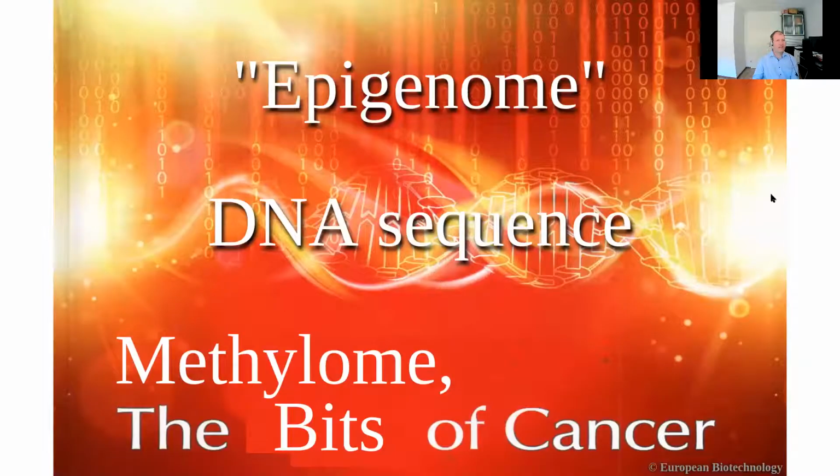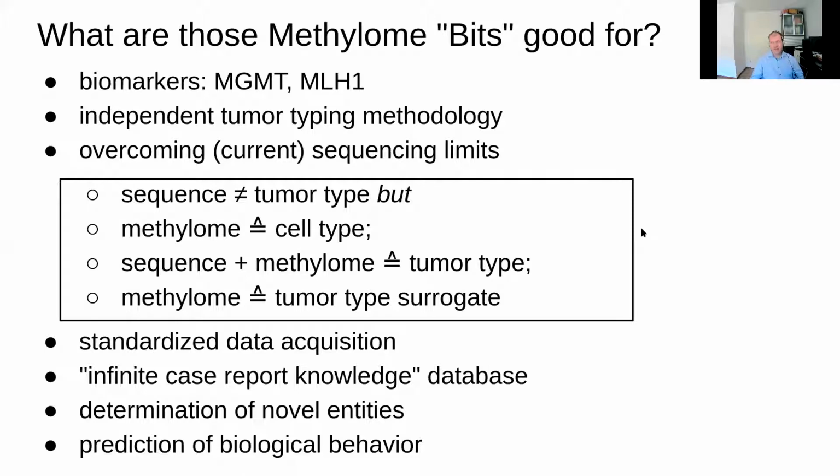And this is a title slide from a magazine that I found some time ago, which I think is pretty characteristic of the epigenome. So here you have the DNA, and on top is something that looks like switches, like binary switches, and hence I'd call the methylome, that's kind of the bits of cancer. Well, what are those methylome bits